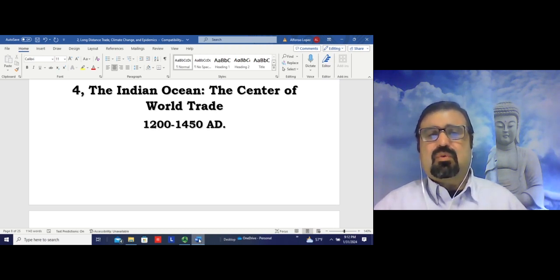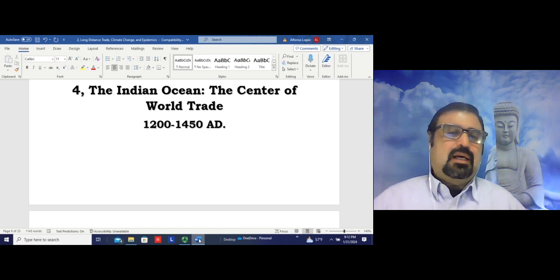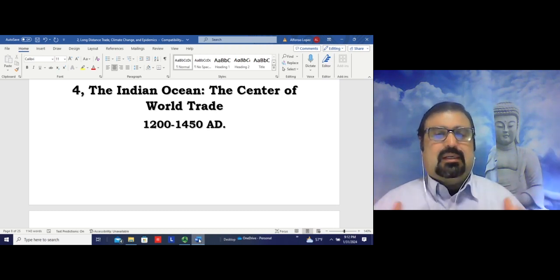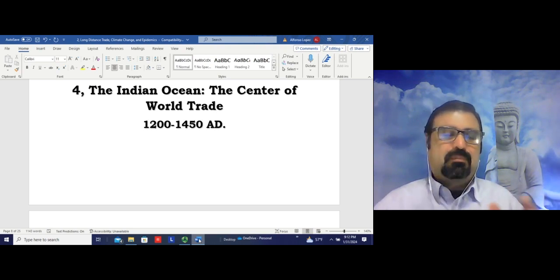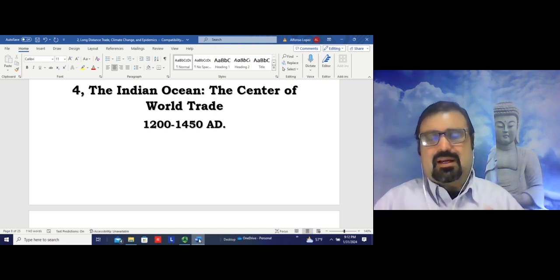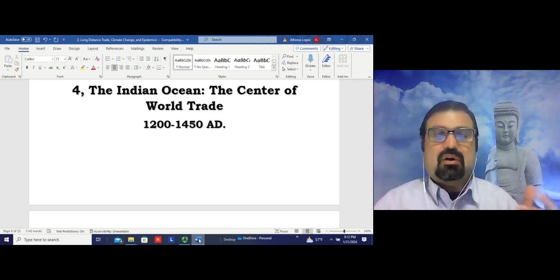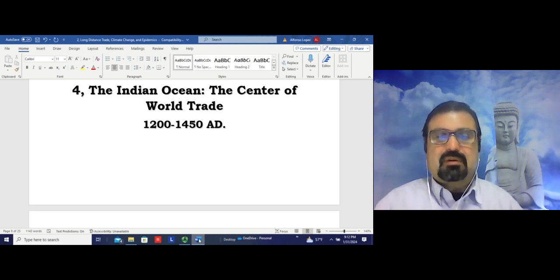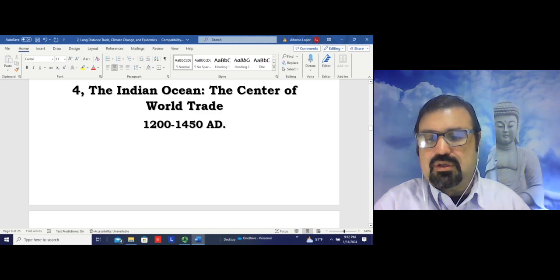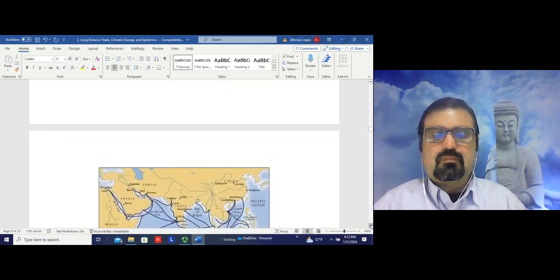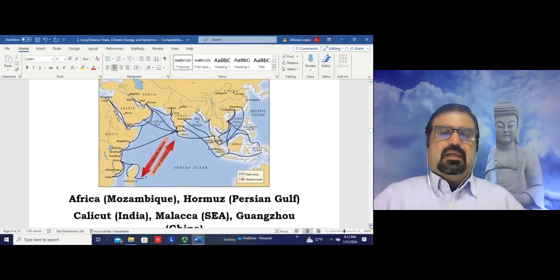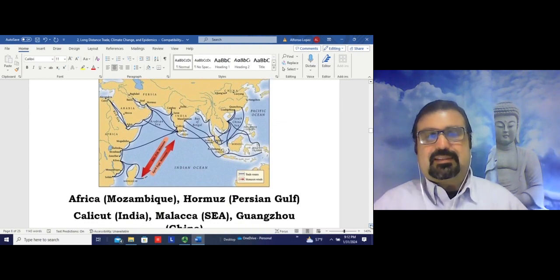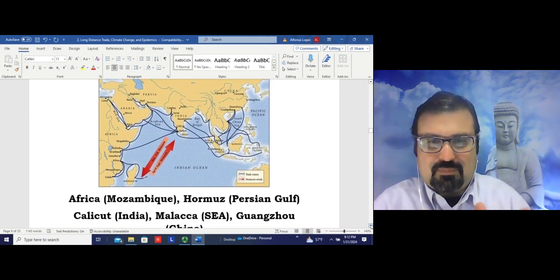Okay, the Indian Ocean will indeed become a region that attracted thousands of merchants coming from different parts of the world, particularly Asia and the Middle East and East Africa. And that will be like a nexus point, a meeting center for the exchange of products that were coming back and forth. Let me show you the map so you can have a visual of how significant this nexus point